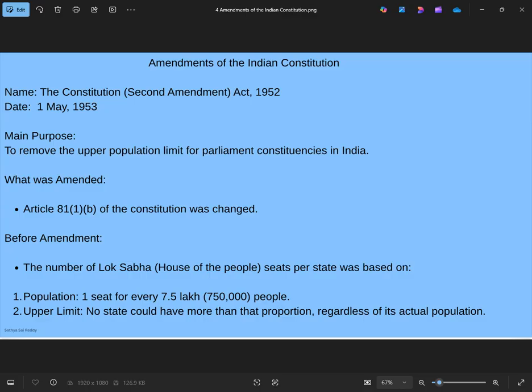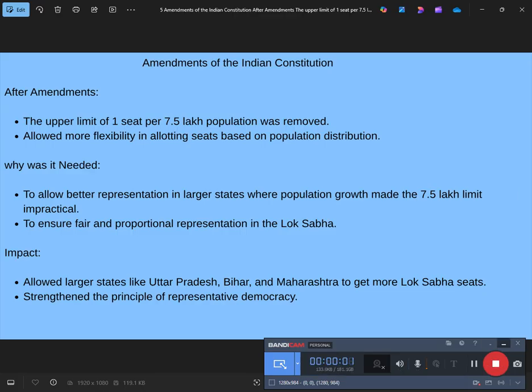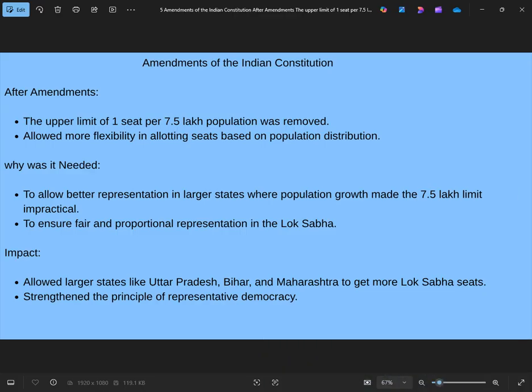Before amendment, the number of Lok Sabha, House of the People, seats per state was based on population, 1 seat for every 7.5 lakh people. Upper limit: no state could have more than that proportion, regardless of its actual population. After the amendment, the upper limit of 1 seat per 7.5 lakh population was removed, allowing more flexibility in allotting seats